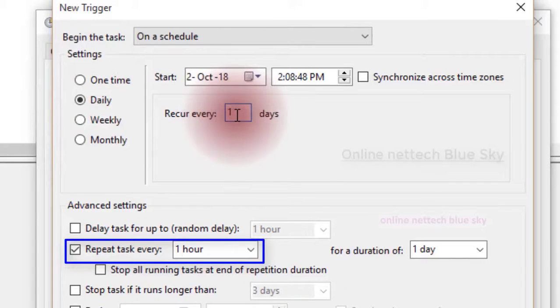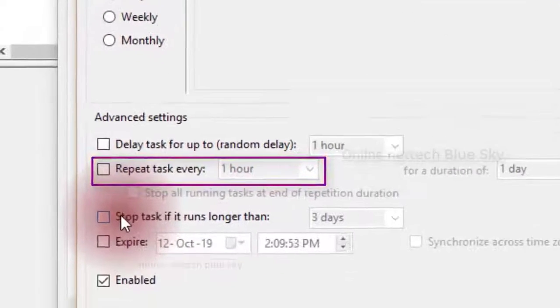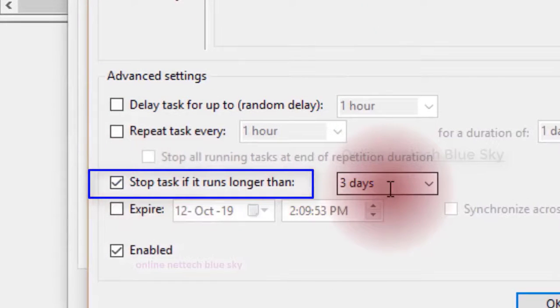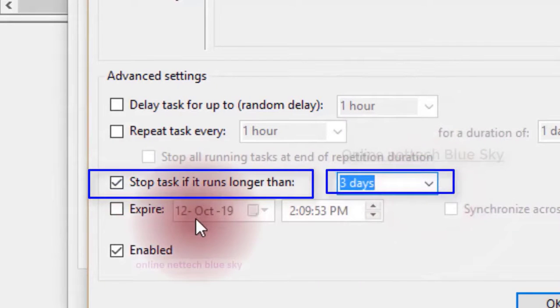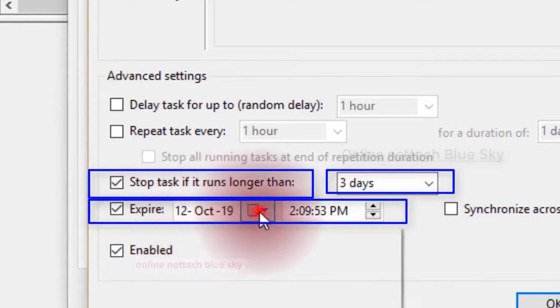You start it for 1 day, so every hour for 1 day. Then you can stop the task after, for example, 3 days, 30 minutes, 1 minute. When the task expires, it is automatically deleted.